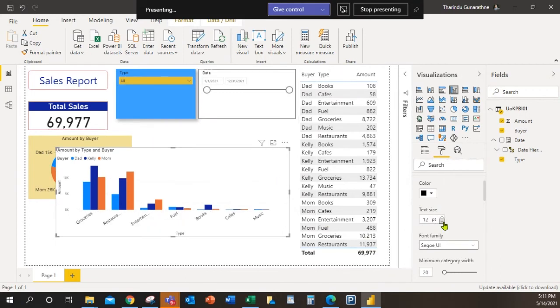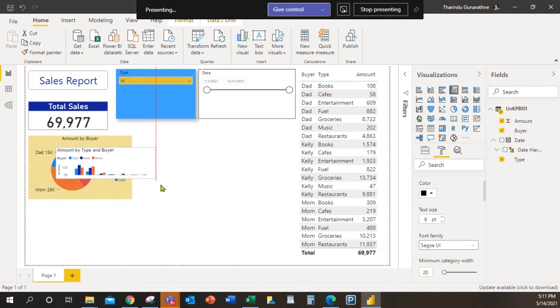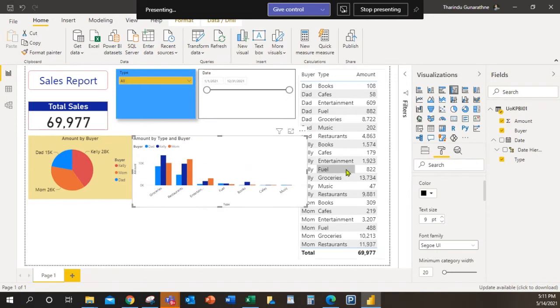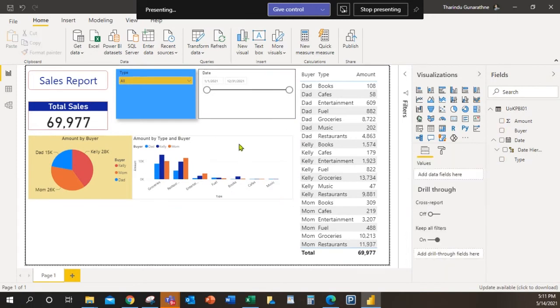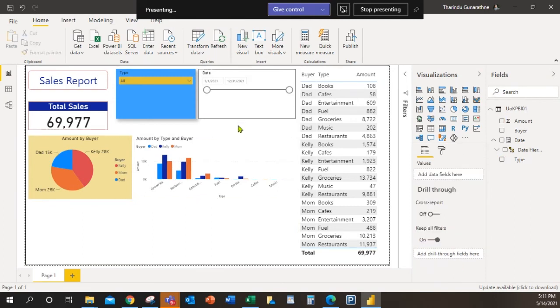But let me decrease the size because we have very limited size for the whole report. Okay, now we already created that.